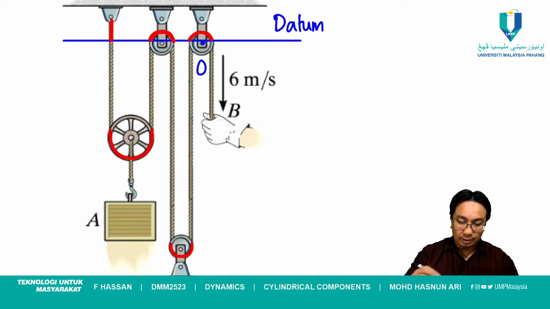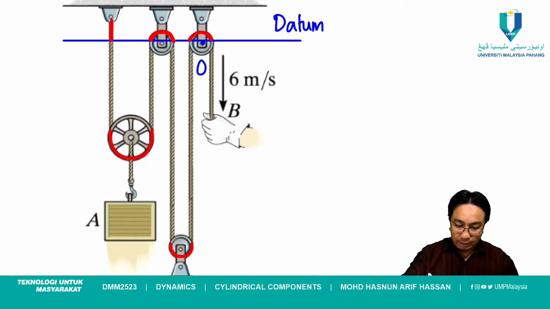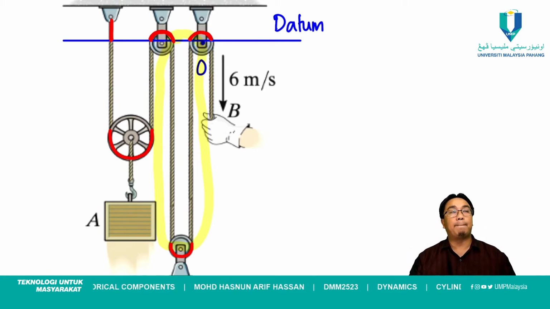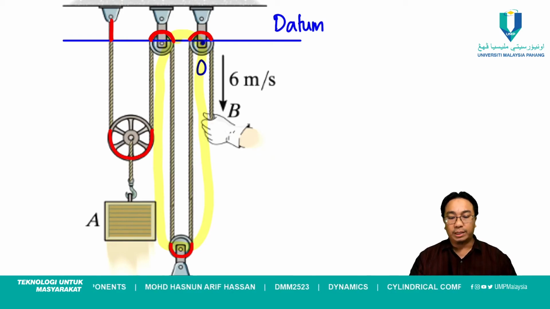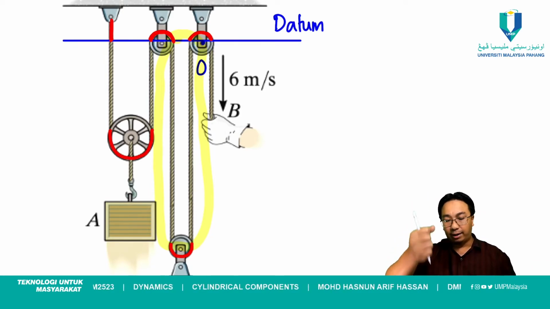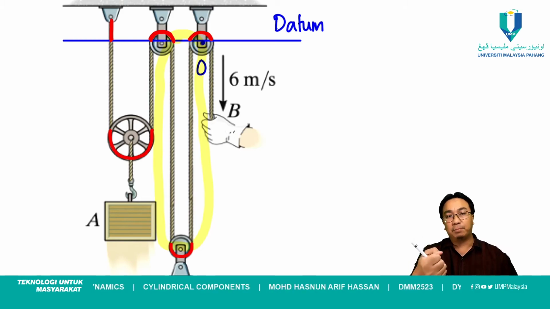Okay, saya nak tanya you. Tali ni dengan tali ni, macam mana? Dia berubah tak? Dua tali yang tengah tu. Tak berubah kan? Okay, so bila dia tak berubah, you tarik, sepanjang you tarik 6 meter per second itu, tali